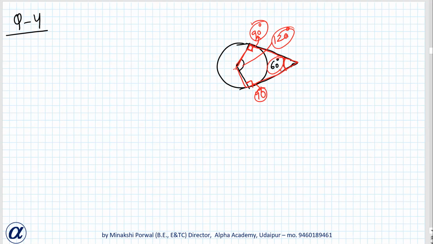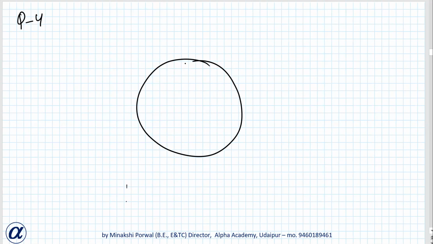So the best method to do this question is, first of all, draw a circle of radius 5 centimeter. So first of all, draw a circle. Okay. After drawing the circle, just join a radius this way. Okay. And after joining, you have to make a 90-degree angle here,